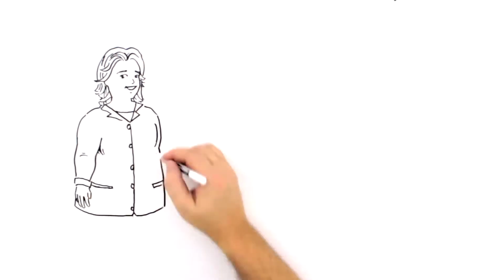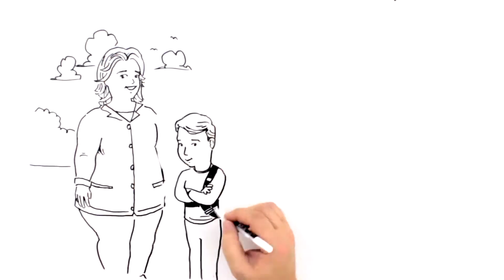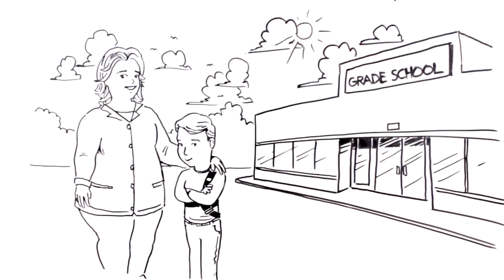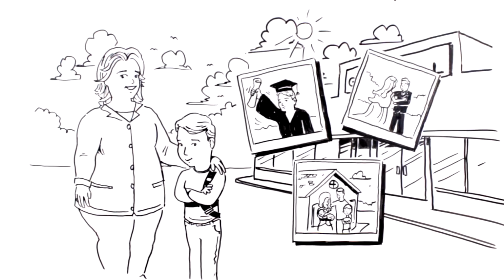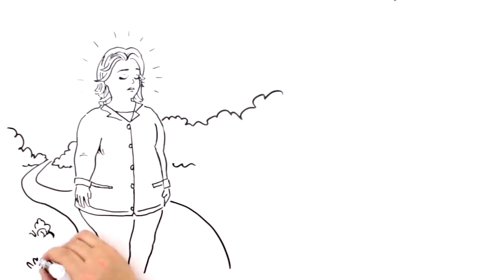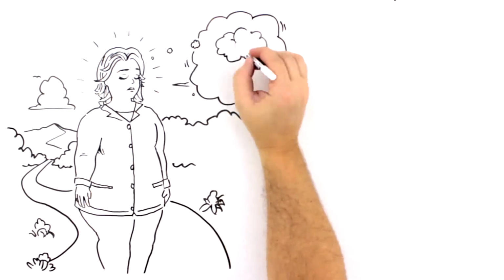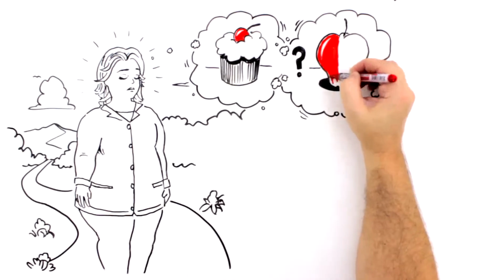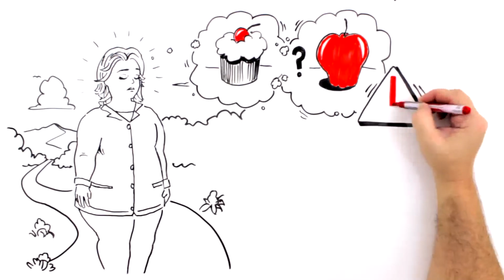You might know someone like Amanda. She's a 42-year-old mother with a 6-year-old son. Her baby is just starting first grade, and Amanda looks forward to seeing him grow and enjoy a happy life. But Amanda is concerned she will not live long enough to see him finish high school. She's been struggling with her weight, and in recent years, it has become a serious threat to her health.